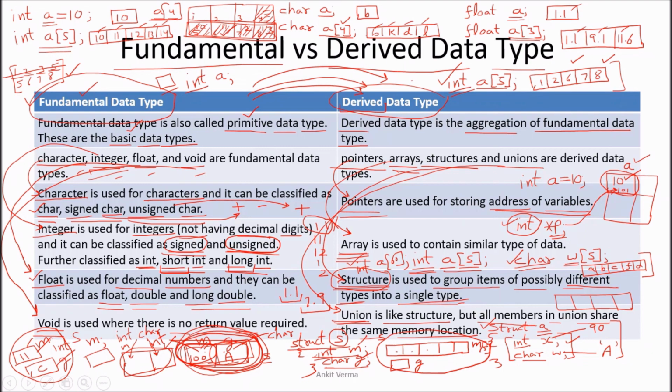So structure and union are the same in concept. The concept is that they store different data types. But memory allocation of both is totally different. Structure is having individual memory for each data type, and union is having a shared memory location. The same memory is used. So that is the only difference. So if I say who will save the memory, union will save the memory. So this one is the difference between structure and the union.